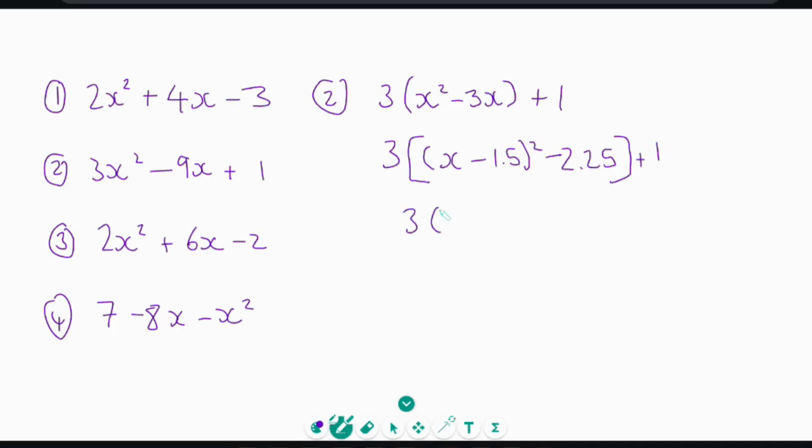Expand your brackets. So 2.25 times 3 is minus 6.75. Simplifies to